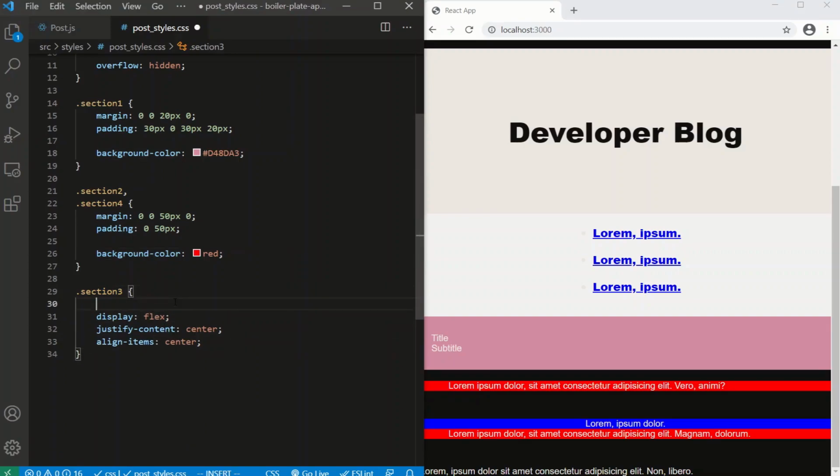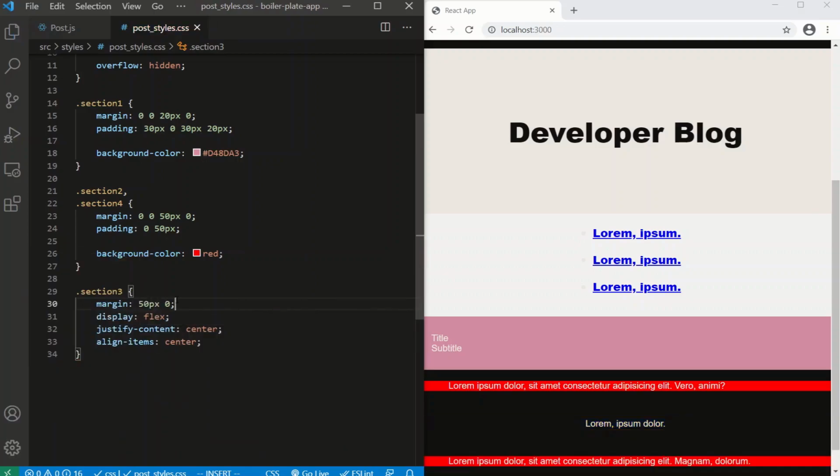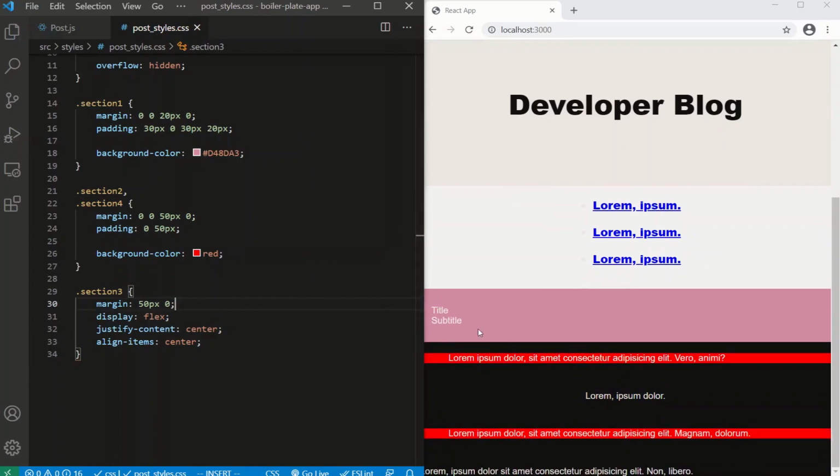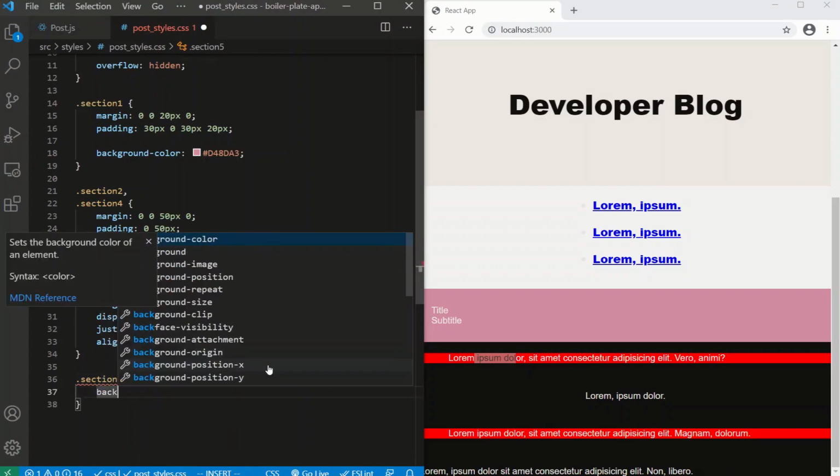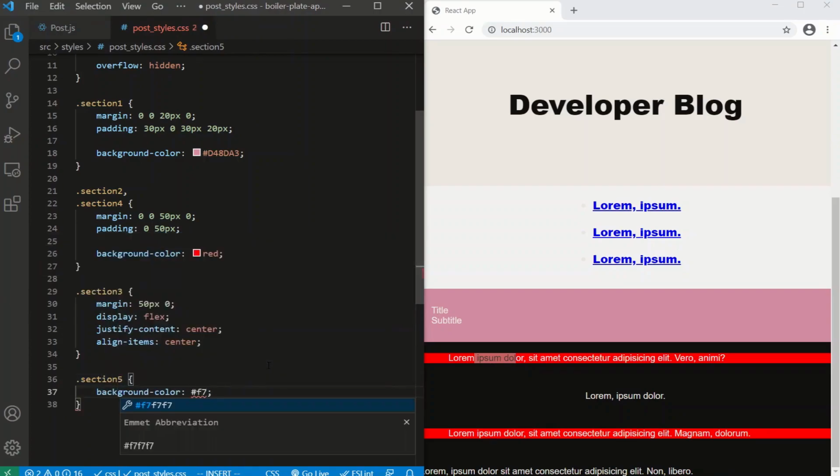So let's do a 50 pixel margin or padding. We'll do margin on the top and the bottom like that. There we go. So we have section 1, section 2, section 3, which is going to be a gallery, section 4, which is just like section 2, and then section 5 is the primary asset. For that guy, section 5, we're just going to do a background color of like F7, what was it,